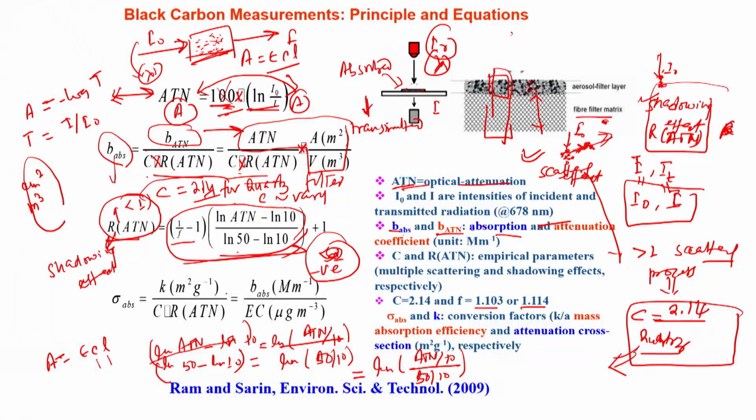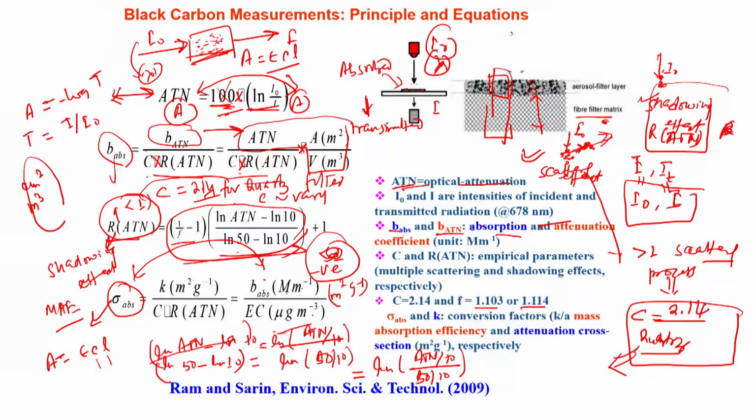And then finally you have sigma absorption. This sigma absorption is the mass absorption efficiency I talked about initially. Remember, we discussed that sigma absorption is b absorption, the absorption coefficient in inverse megameters, divided by the EC concentration in microgram per meter cube. So you have a unit of